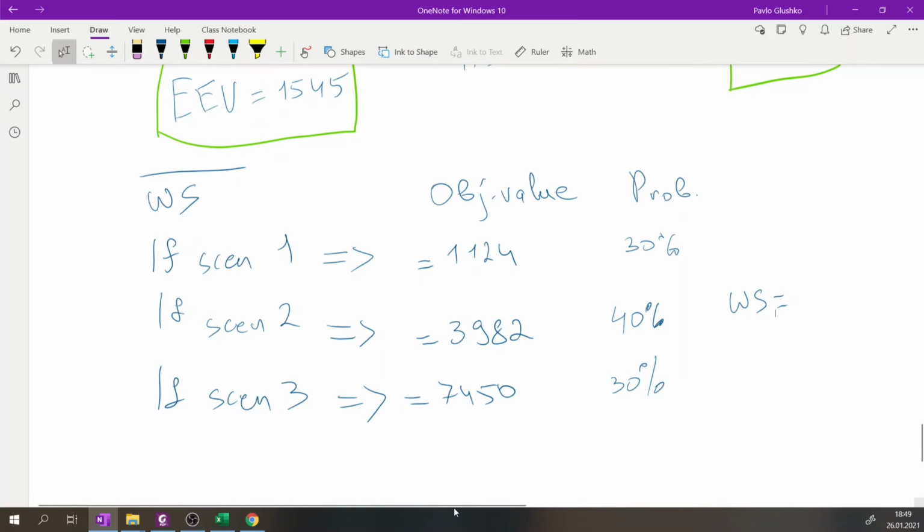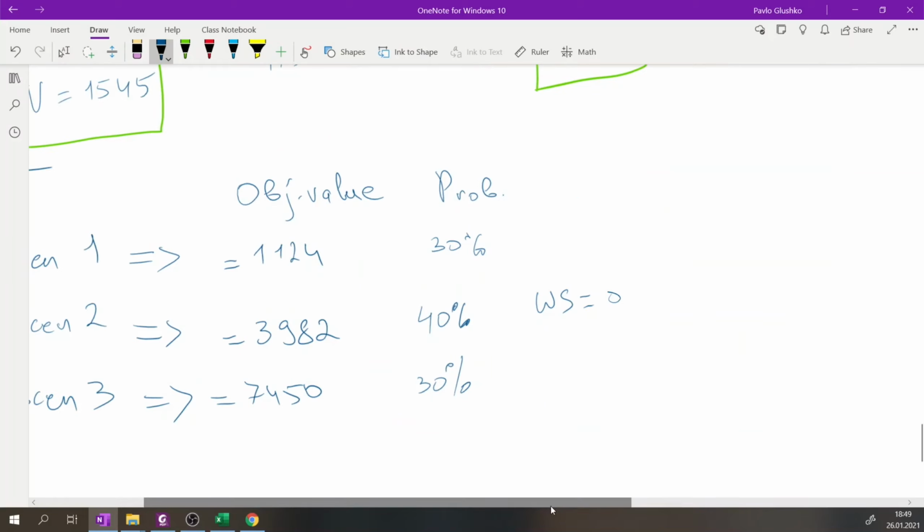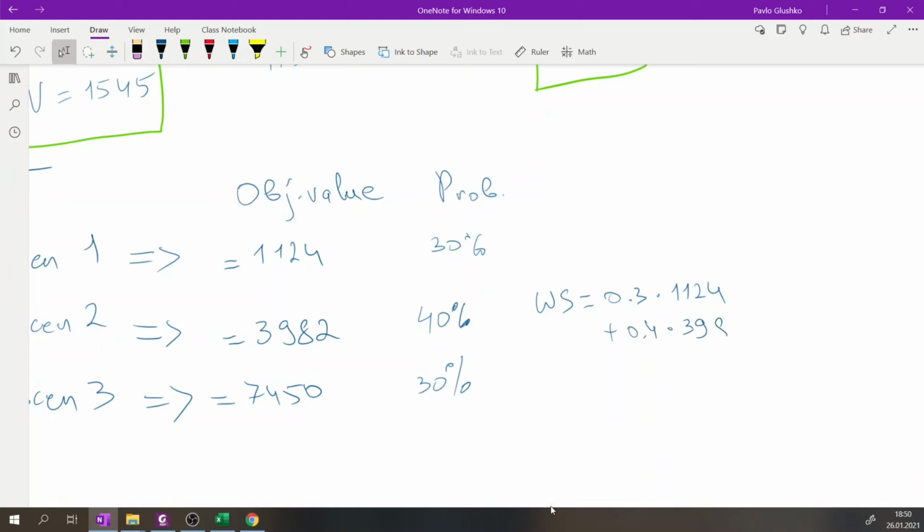And it will be 0.3 multiplied by 24 plus 0.5 multiplied. And the answer is 41.65. So it's one more approach,